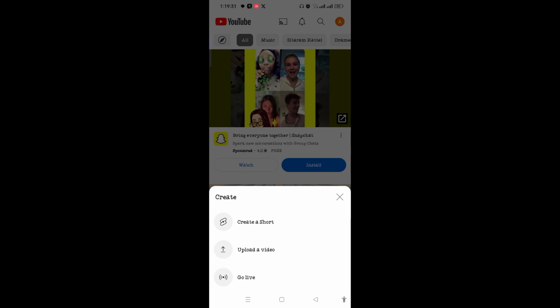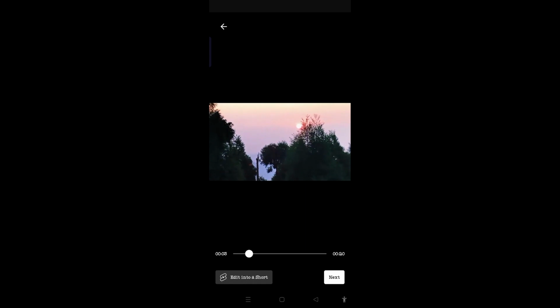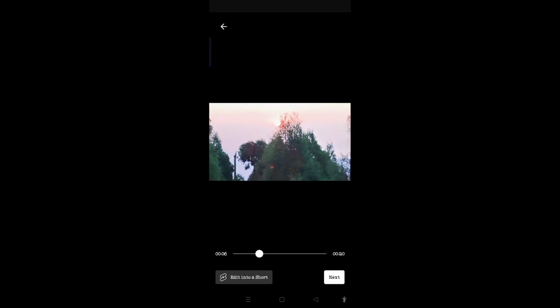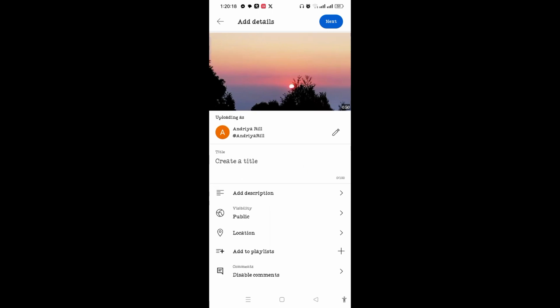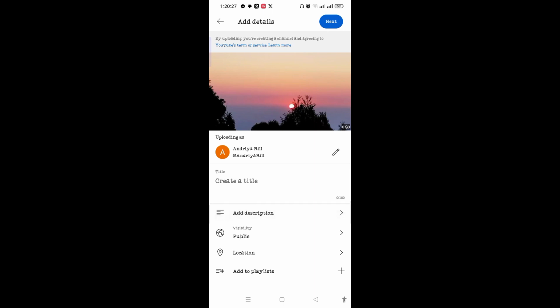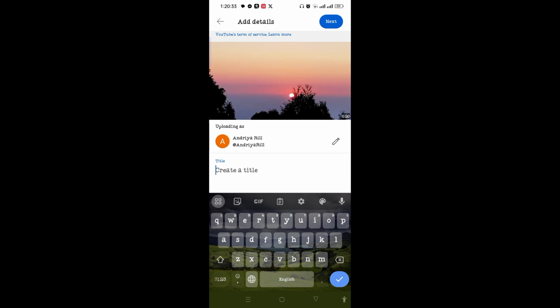So once you have selected which video you want to upload on YouTube, then you need to tap on next. This interface will open where you need to add the details of this video you want to upload. So you can create a title, add description, edit the visibility, edit location, add to playlist, or you can customize the comments also here. And after you do all these, suppose here I write a title, sunrise video,